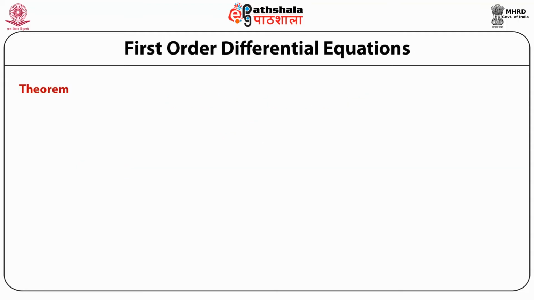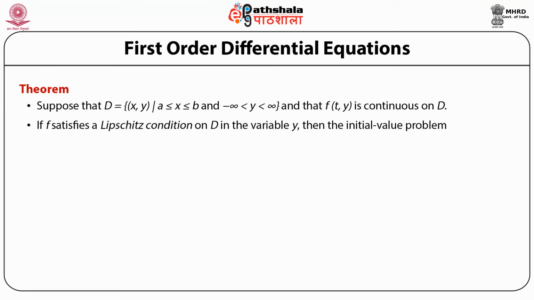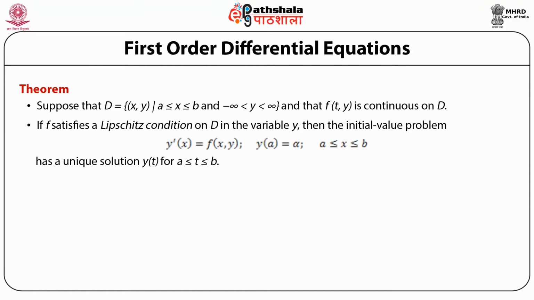Then there is a theorem. Suppose that D = {(x, y) | a ≤ x ≤ b, -∞ < y < ∞}, and that f(x, y) is continuous on D. If f satisfies a Lipschitz condition on D in the variable y, then the initial value problem y'(x) = f(x, y), y(a) = α, where x lies between a and b,